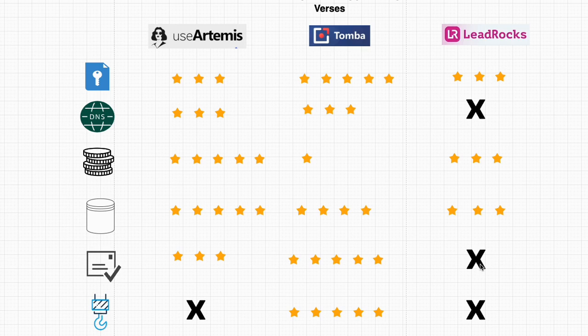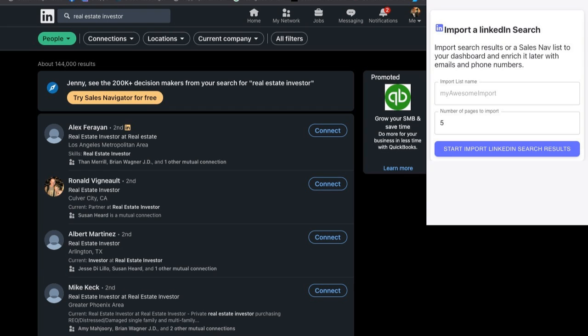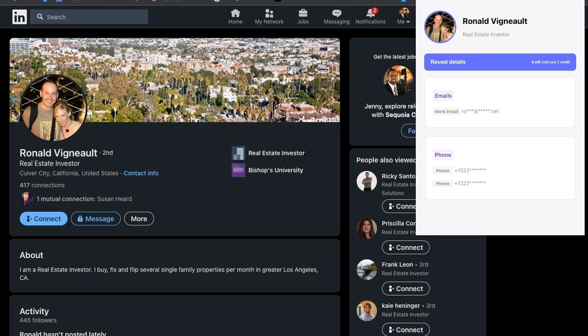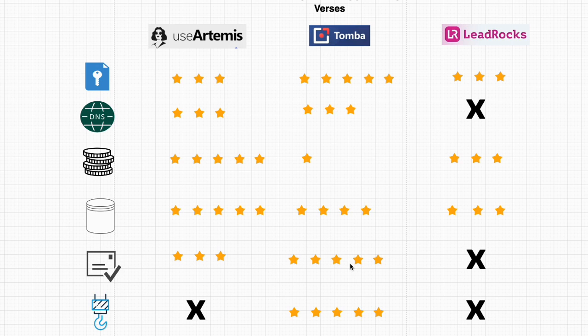You can end up paying for emails that may not be any good, right? So to me, at the end of the day, I think Leadrocks is more of a public information from LinkedIn. I think useArtemis kind of uses a lot of LinkedIn information. They lean towards LinkedIn. I don't think Tomba leans in on LinkedIn as much as they lean in on domains, right? That is their strength and their power of giving you email verification, because what they do is they use